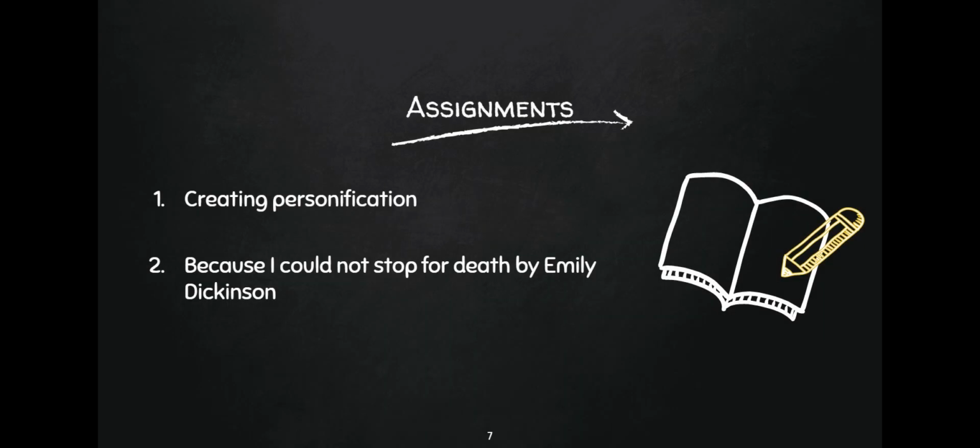So like the last one, you have 2 assignments that you're going to do. The first one, you're going to create personification. You're going to get a list of words and you are going to see how you can personify those words. It's just a little practice to kind of get you in the mode of doing that so that if you choose to use it for your poetry assignment at the end of this week, you know what to look for. You might be able to use some of those examples.